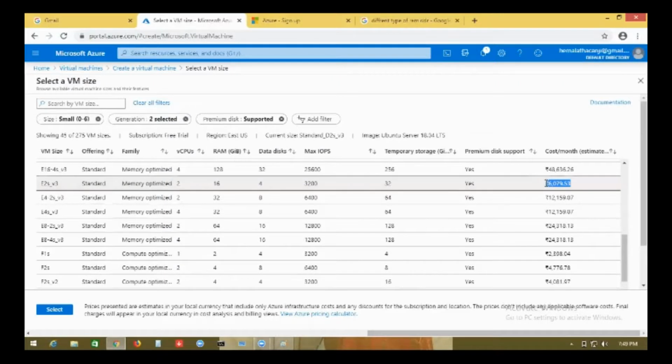Because you are the architect, correct? Others are administrators. So administrators don't understand all this. They will say, boss, I know how to create a virtual machine. So what is the special thing you know? A virtual machine can be created by a college guy also. But you as an architect, it is your responsibility to ask, boss, okay, fantastic. For what purpose are you going to create a virtual machine?